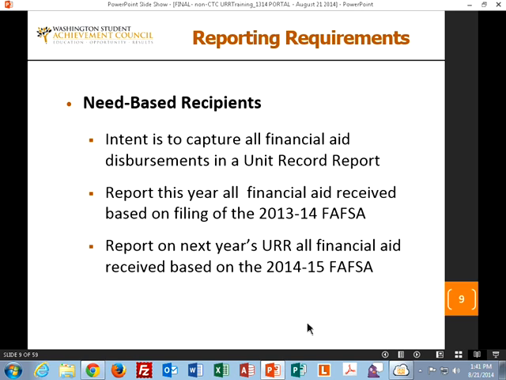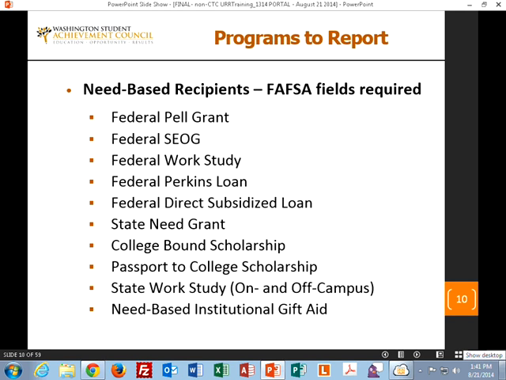So your summer program used the 13-14 FAFSA, and you would report either the header or the trailer on that. But anything that's based upon the 14-15 FAFSA, so if you're a header institution and you're awarding aid for this summer, that's not going to be reflected until the next year's report.